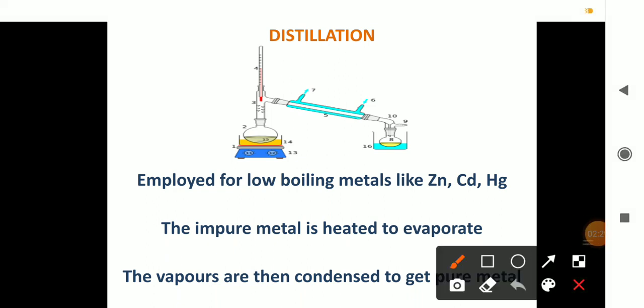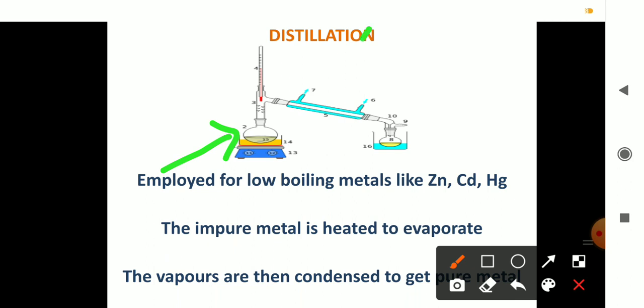Okay, this is the picture demonstrating the process of distillation. Here it is called a round bottom flask. In this round bottom flask the impure form of the metal is taken, and when it is heated, only the pure metal will evaporate first, because it possesses a lower boiling point. That is the very important condition to be followed when we carry out the distillation process. The metal with its impurities is taken in a round bottom flask and evaporated. At that time only the pure form of the metal is evaporated.